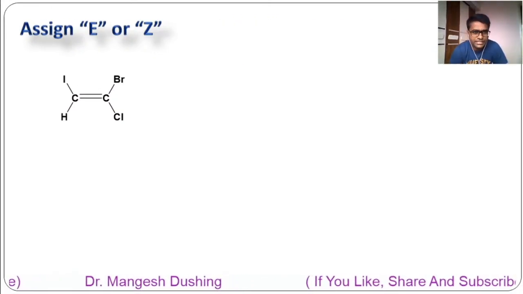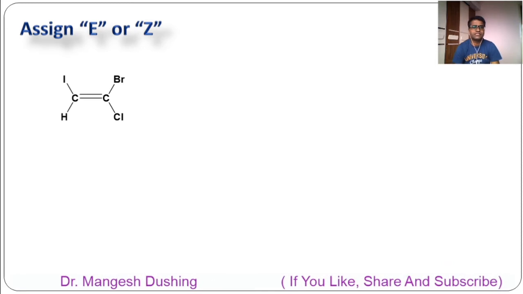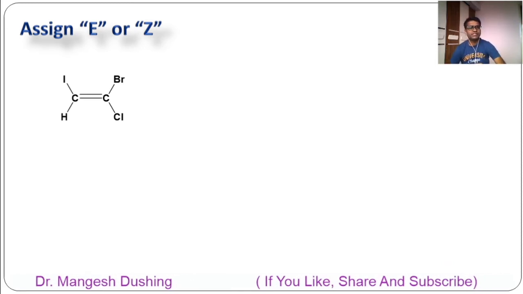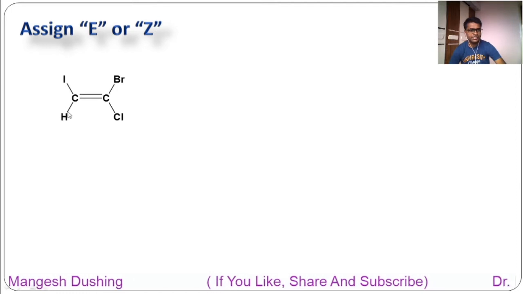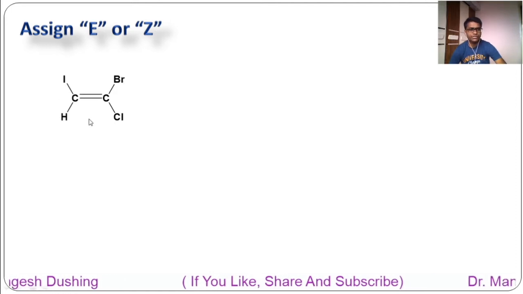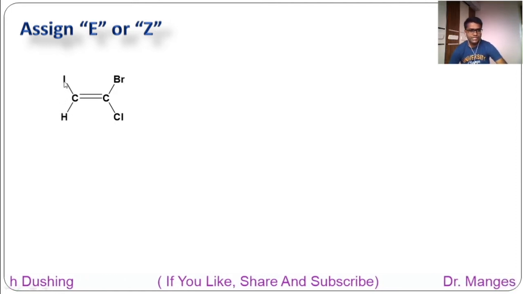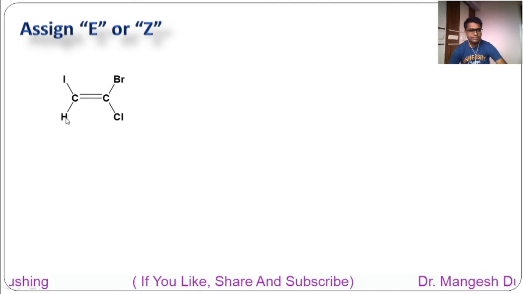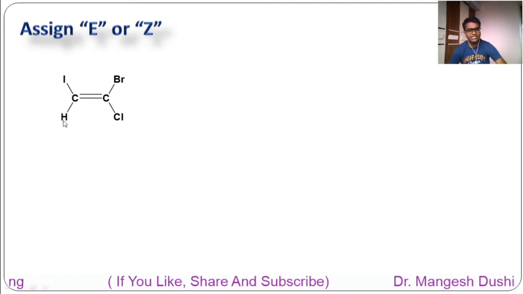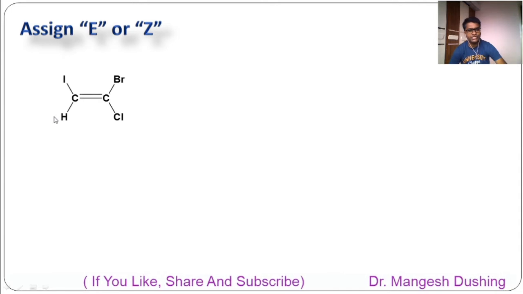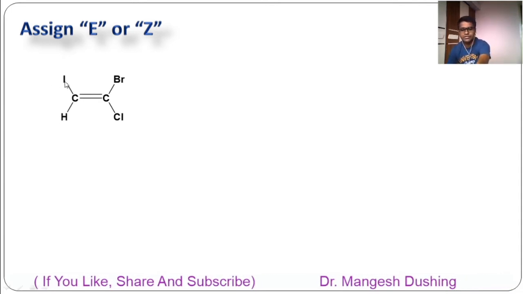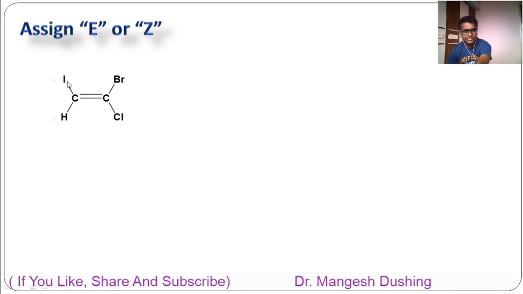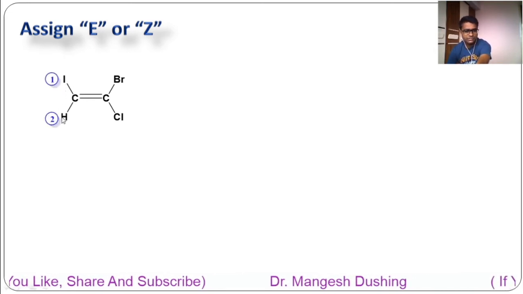Now we will see some examples. This is the simplest example. Yes, geometrical isomers are possible. See here, carbon with two different atoms, carbon with two different atoms. Now you have to give the priority. First atom is iodine, first atom is hydrogen. You know that hydrogen has the least atomic number, 1, so it will always get the second priority, while the other gets the first. And you know the atomic number of iodine is 53, and this is only 1, so it will get